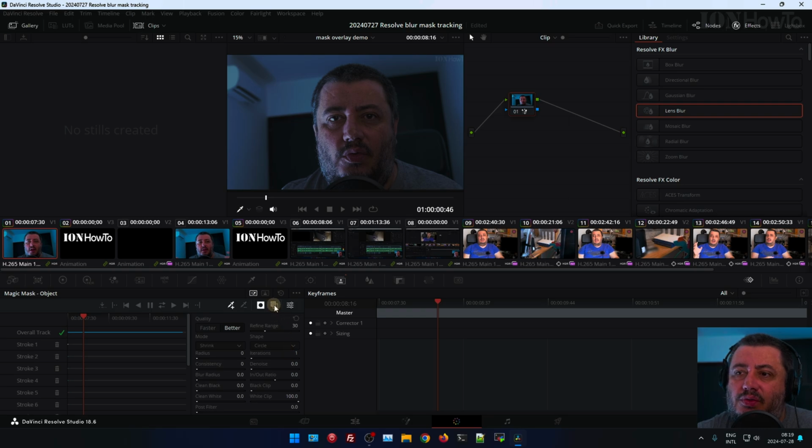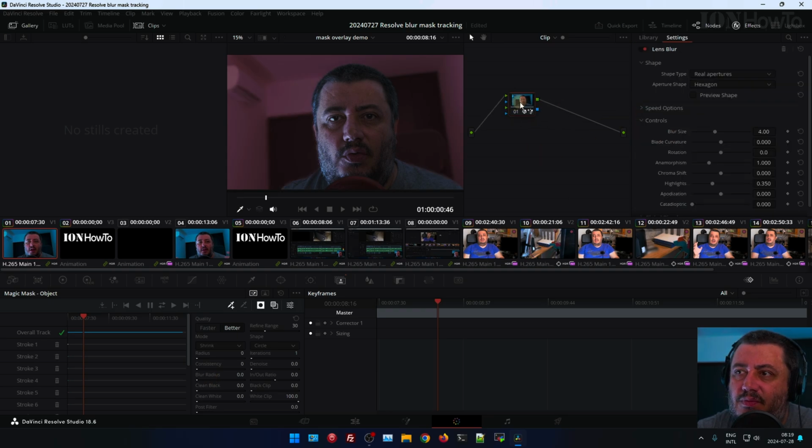And also here you can toggle the mask overlay so it doesn't distract you from actually seeing what you're doing there. And all these settings, I wouldn't go too much with the settings, it's a lot of options. So I just wanted to add a lens blur effect, a little bit of blur, and